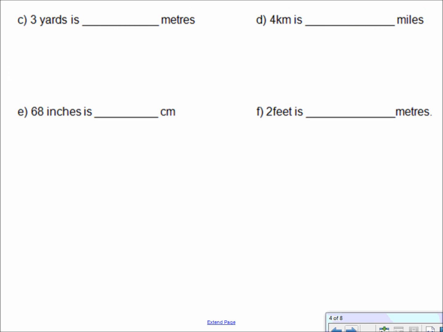Okay. 3 yards is how many meters? So now it even says in the beginning, now all of a sudden we're going to need to be working with our actual conversion chart, okay? Yeah. Because we're not in the same units. So now we're going to be doing something called the Zorro method. Has anyone heard Zorro? You might have also learned cross multiplication, okay? So the cross multiplication and the Zorro method are the exact same thing. The Zorro method just puts it all into one Z pattern, and it keeps track of where you're multiplying and